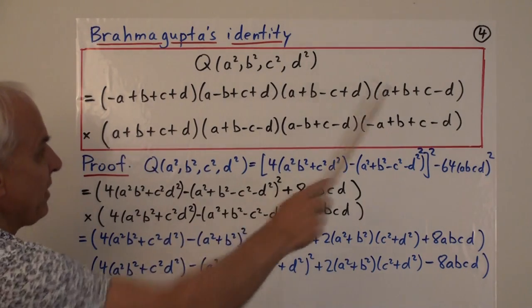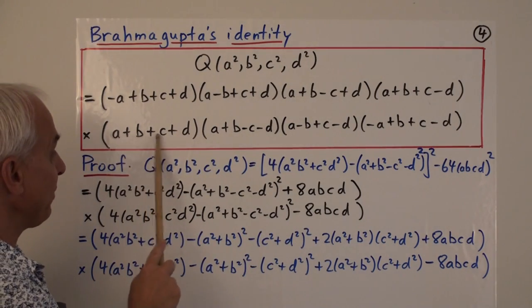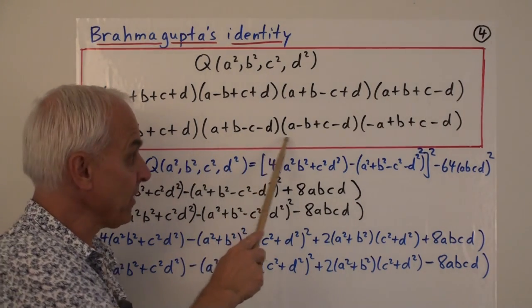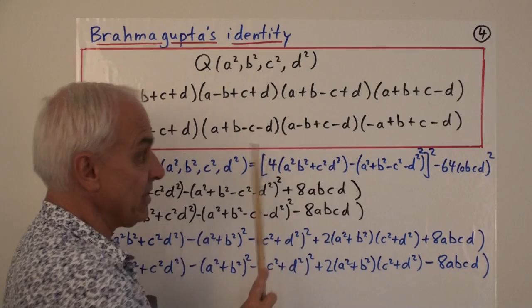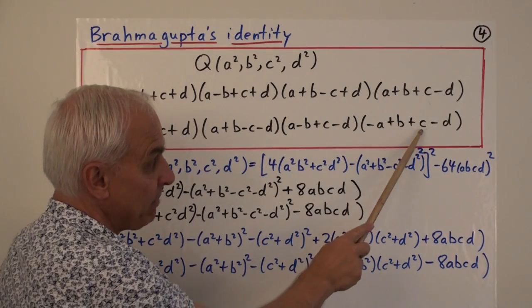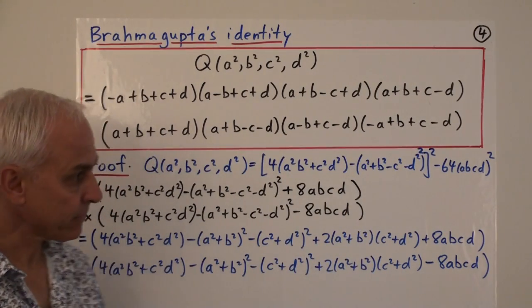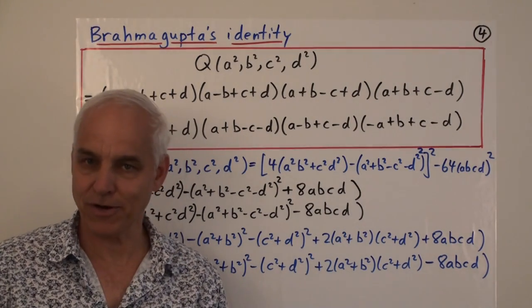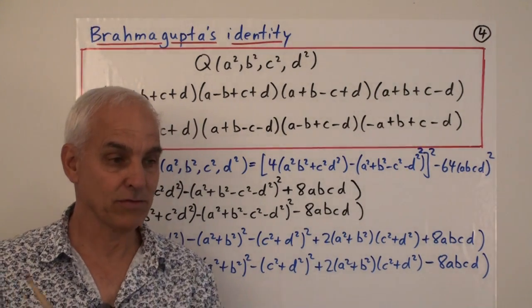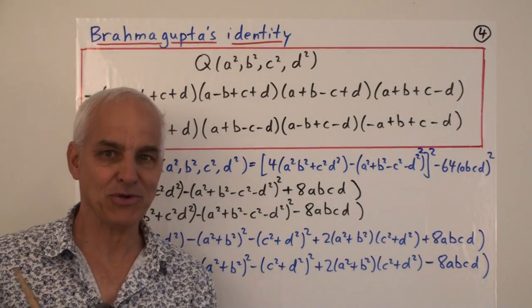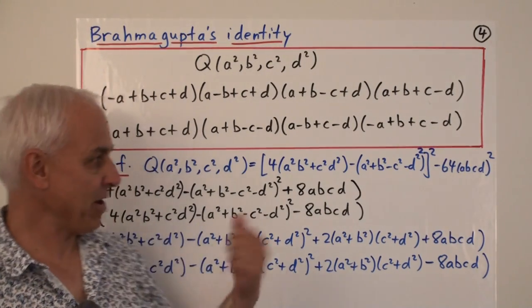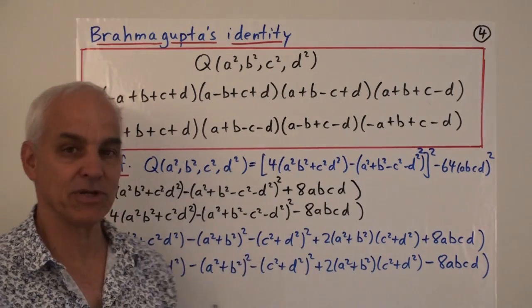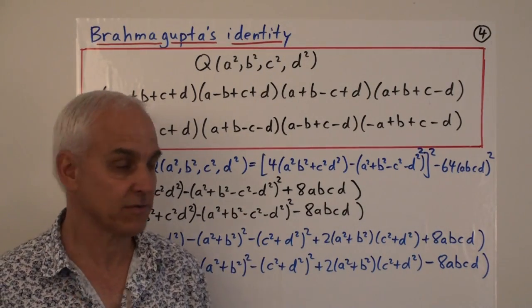So we have to multiply these 4 by a plus b plus c plus d times a plus b minus c minus d, a minus b plus c minus d, and minus a plus b plus c minus d. Okay, we're doing some somewhat serious algebra here, so we have to go slowly. If you don't like algebra too much or are not too comfortable with it, this is a great place to slow down and practice and make sure you understand what's really going on here, because it's very instructive.